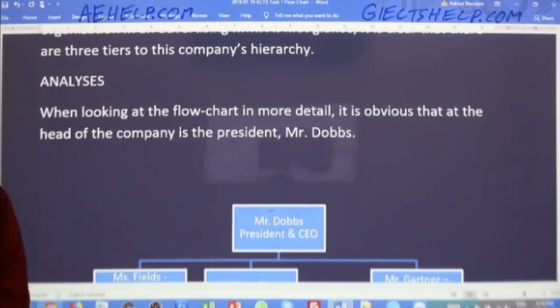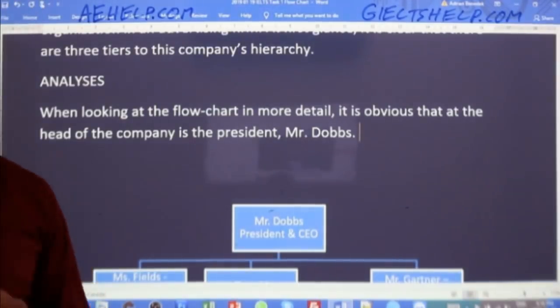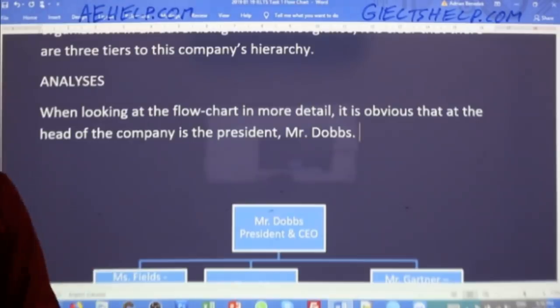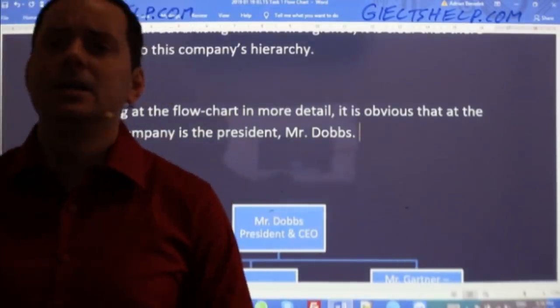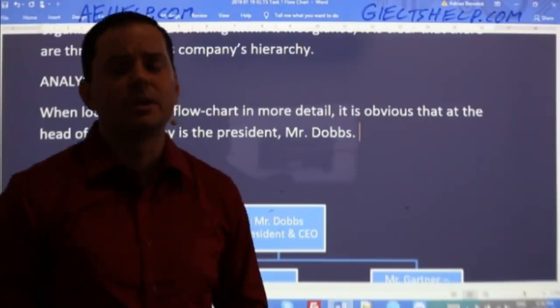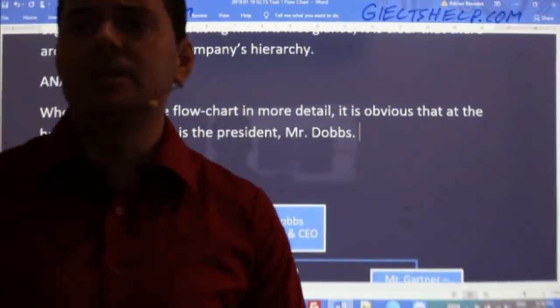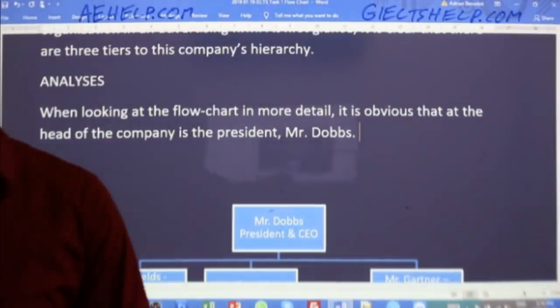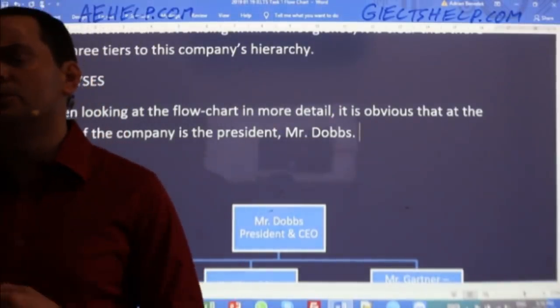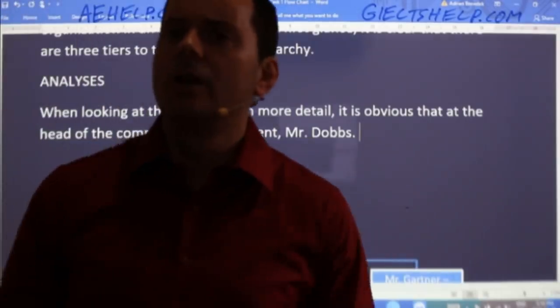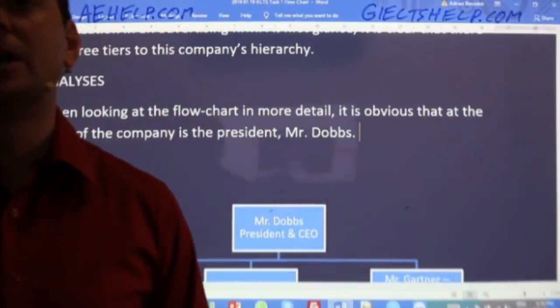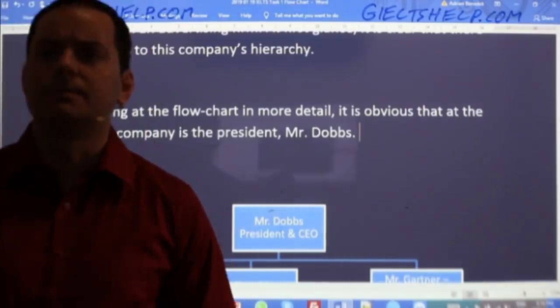Naveen says, the company's chief is Mr. Dobbs, who is not only the president, but also the CEO. Naveen, really nice. I love how you are paying attention to incorporating the correlative conjunction and showing that correlative conjunction right off the bat in your first sentence for the analysis is brilliant. Okay, that's how you get a band 9. So the company's chief is Mr. Dobbs, who is not only president, but also CEO. Beautiful use of adjective clause, beautiful use of correlative conjunction, nice high-level, clear communication. Very good. Good for you, Naveen.